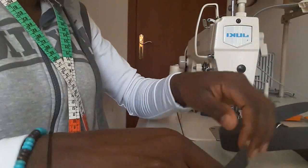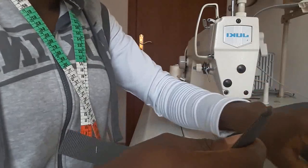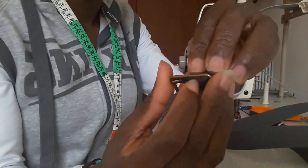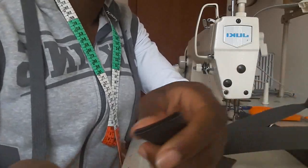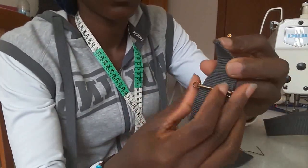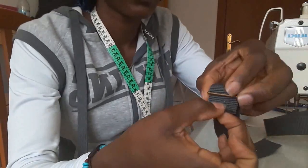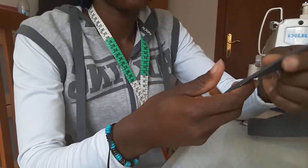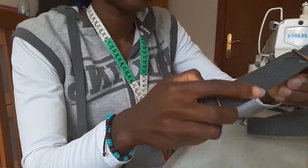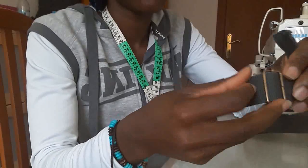Let me just demonstrate on how you're going to do it. This is what you're going to do. You take this one a little bit smaller, then later on you put this inside. Like this. I'm not trying to turn it around. So what I'm going to do, and pass it like it. You put it inside like this. Then when you're here, you make sure this one is straight, everything go the same. Then you come down straight, try to pull this one over,